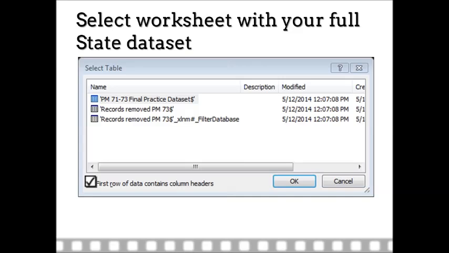So we are using a practice data set, and you'll see here that after I select my spreadsheet, a Select Table dialog box opens up, and it lists all of the worksheets in that spreadsheet. You will want to choose the one that has all of your cleaned data in it. And then also at the bottom there is a checkbox, and it says first row of data contains column headers, and since all of our data sets have those column headers, make sure that that is checked. And the next step is to select OK,